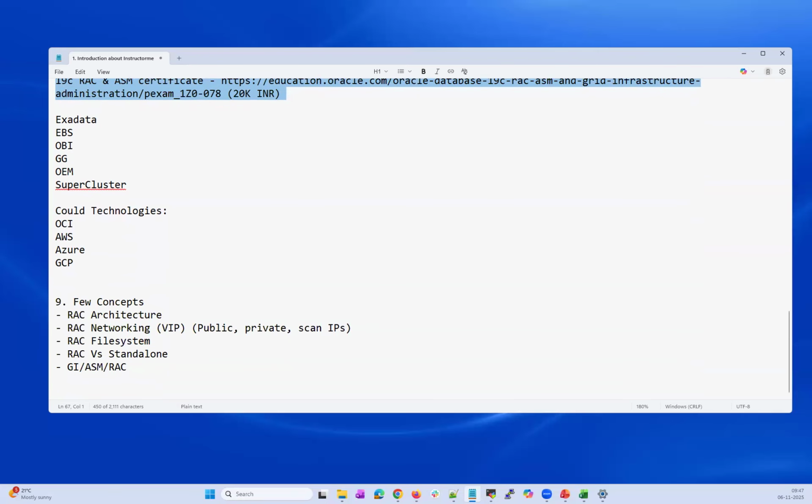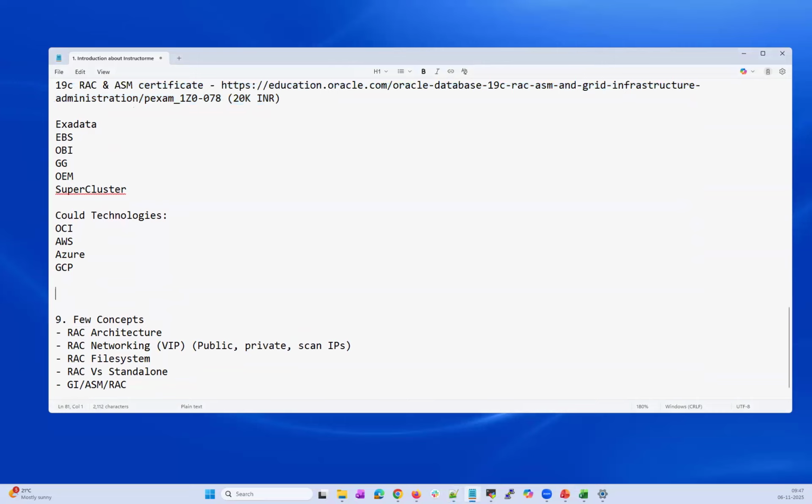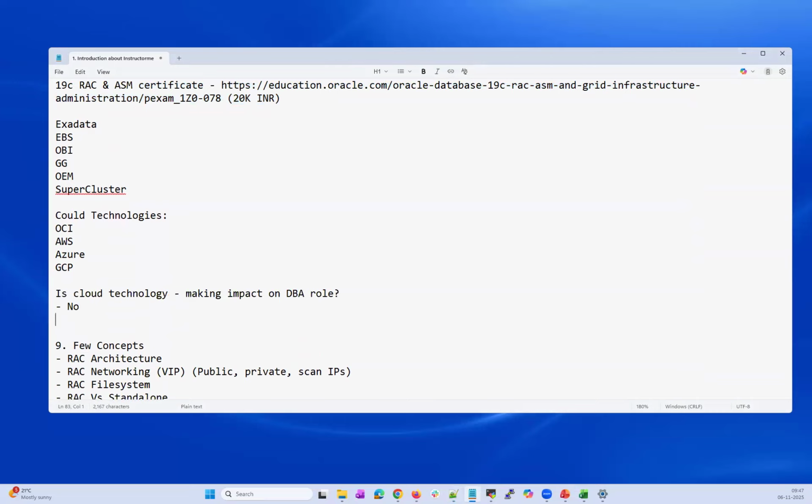And then there are a few other questions I regularly get from my students or my colleagues. Is cloud technology making an impact on the DBA role? The answer is no. With the help of cloud technologies, a few jobs are automated. Like, we used to struggle for database creation, setting up kernel parameters, setting up users and groups, and then creating a database. With cloud technology, with just one single click, database as a service, your database is ready.